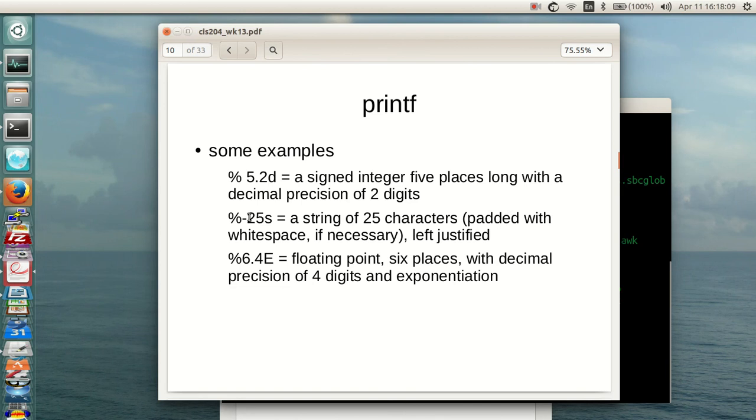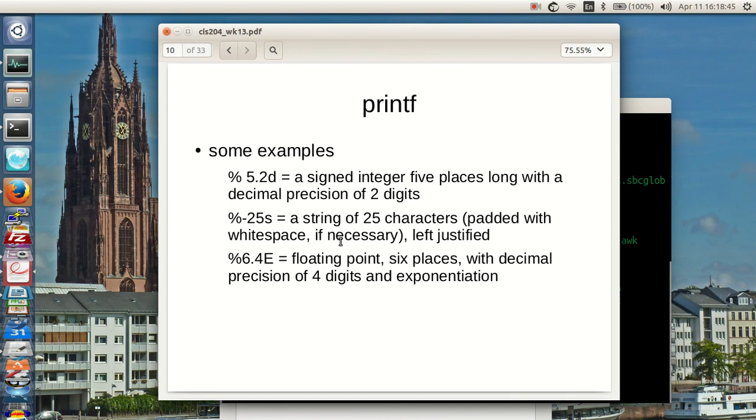25 character left justified, which is what the dash in front of the 25 means, string, padded with white space if necessary. This is why printf works so well with formatting reports. You can specify the maximum length of a string, and it will format the output so that all of those characters are used. It pads with white space, so you don't get the jumble of stuff floating around that you would using print and having to go in and insert tabs in various places